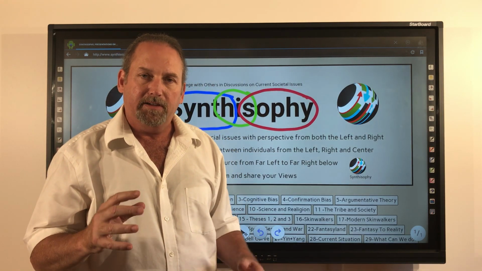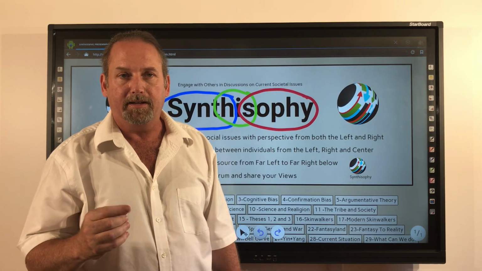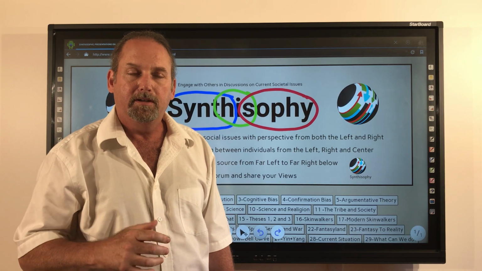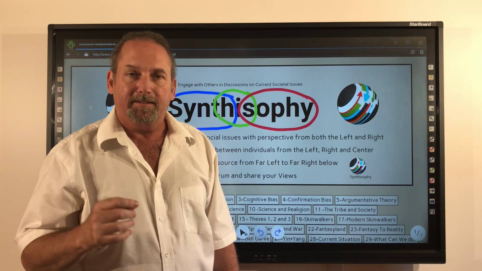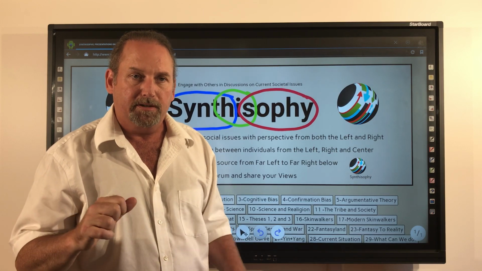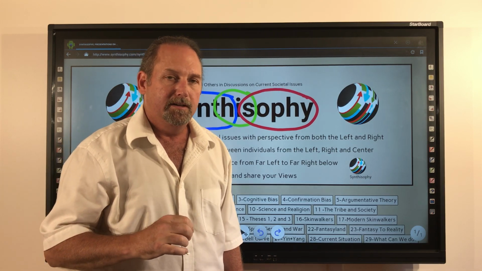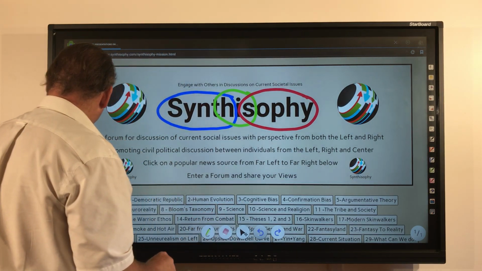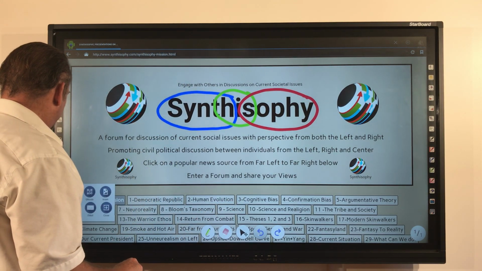It means embracing knowledge and truth, like science, which is the study of the real world based on fact and truth. So Synthisophy then is scientifically integrating the wisdoms of history into our present culture. Let's take a look now at the symbol and a couple of publications on Synthisophy.